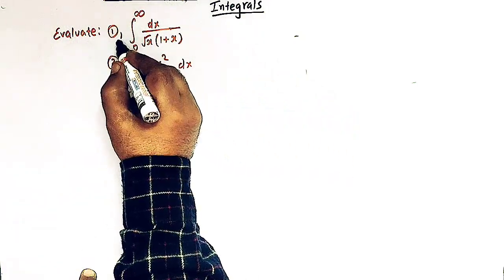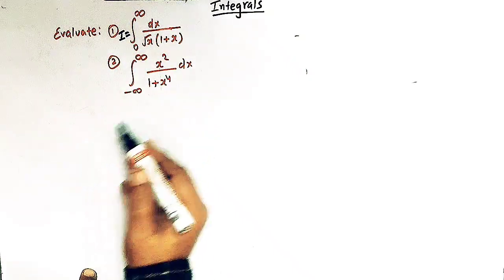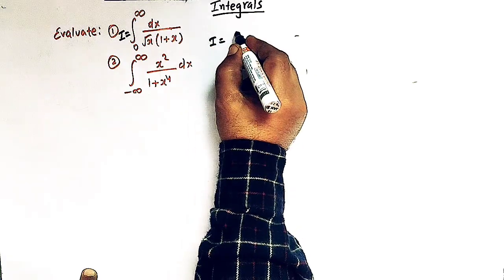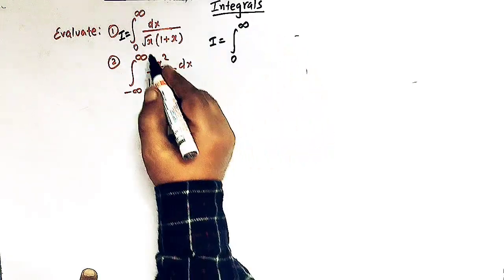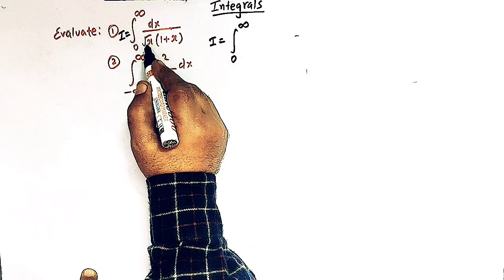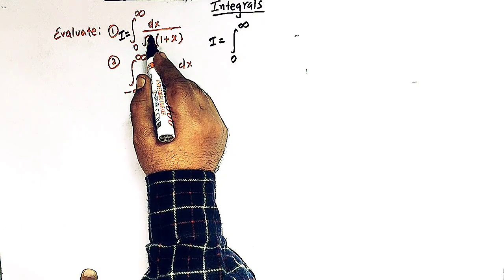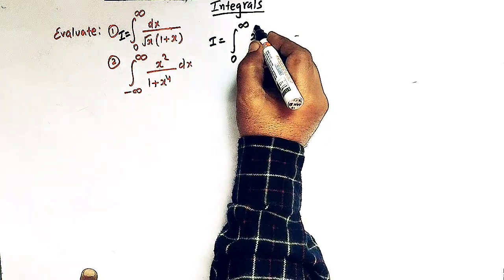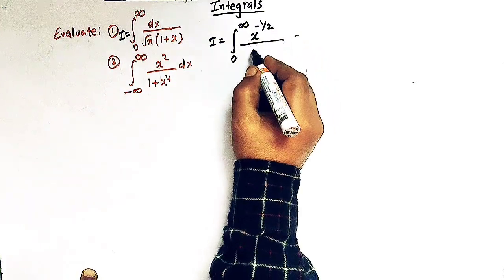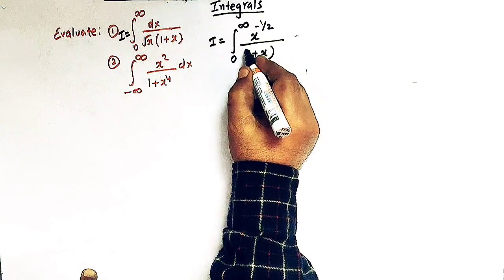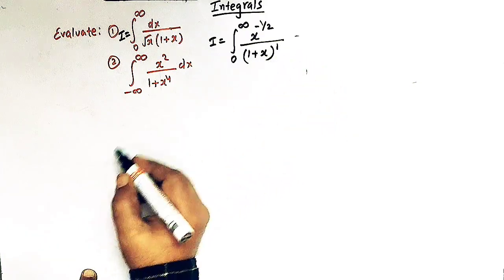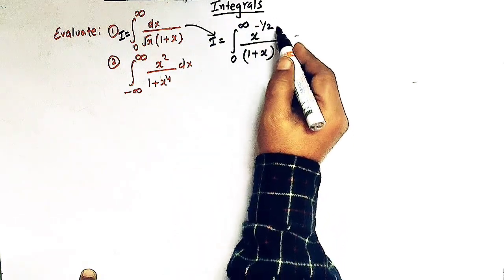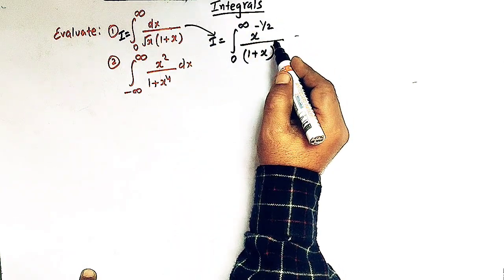So here we can take this integral as I. Now here what we will do, we'll write this integral as 0 to infinity, and here in the denominator we have x raised to half. So taking this x raised to half to the numerator we can write x raised to minus half, and then here we have 1 plus x raised to 1. So the first step is to write this integral in this form, because we wish to